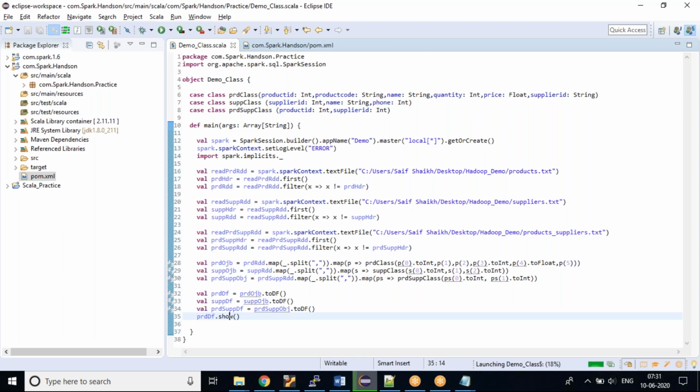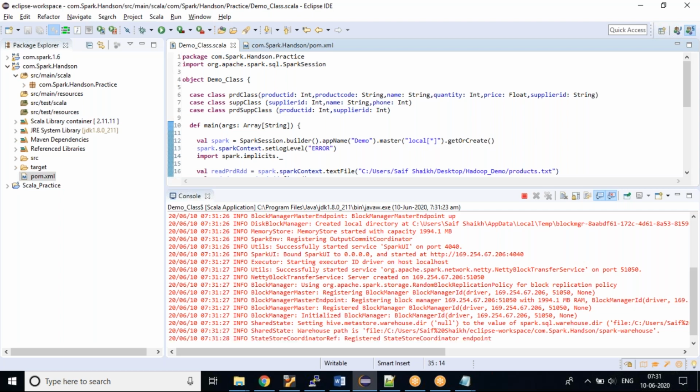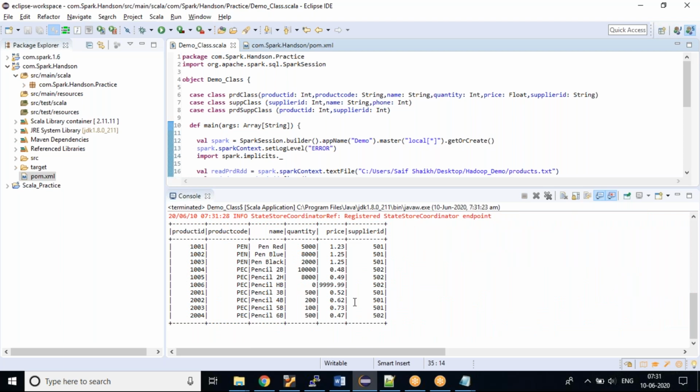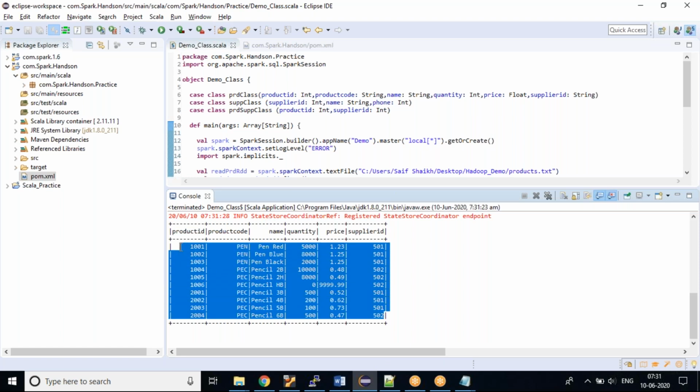There are two ways in data frames we can achieve the solution. One is Spark SQL queries and the other is DSL, that is domain specific language. In the last scenario I would be using the domain specific language. Can you see this? The file has now come in a proper tabular format.